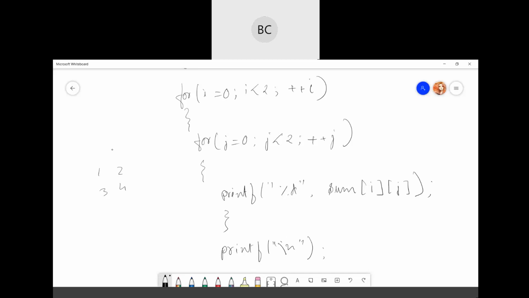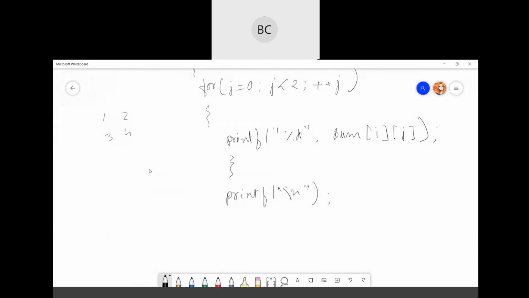That's it. And if you want to show the gap, you can also give a tab here. So it will be shown like this. It will be displayed like this. Okay. So after this, return 0